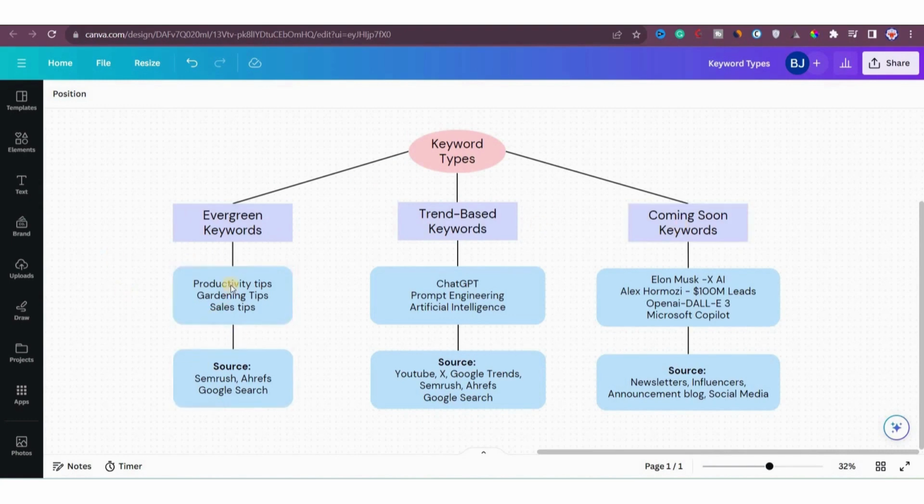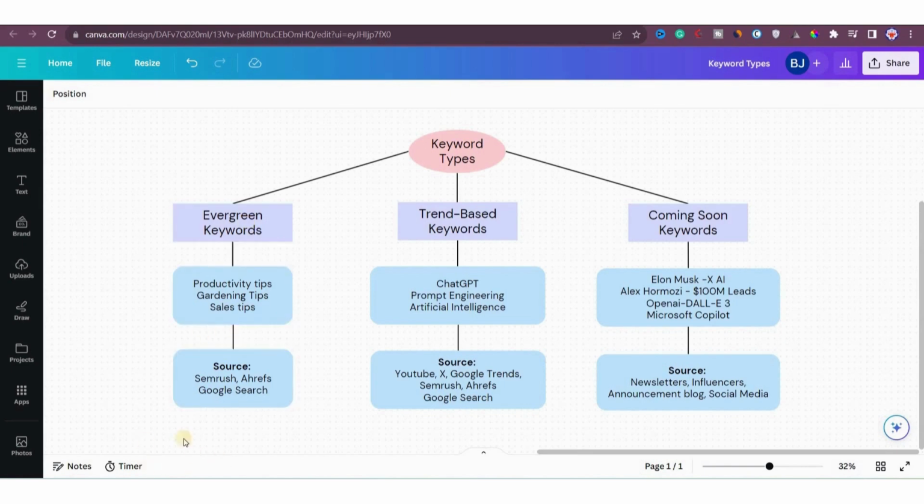Evergreen keywords are the ones that are searched all the time. They are the keywords that people consistently search for on the internet. For example, think about topics like productivity tips, how to become more productive, or time management tips. These keywords always appear on people's search lists. Similarly, consider issues like hair fall or hair problems. When people face such issues, they naturally turn to the internet to search for solutions, like how to stop hair fall. These are what we call evergreen keywords. They remain relevant on the internet, always in demand.